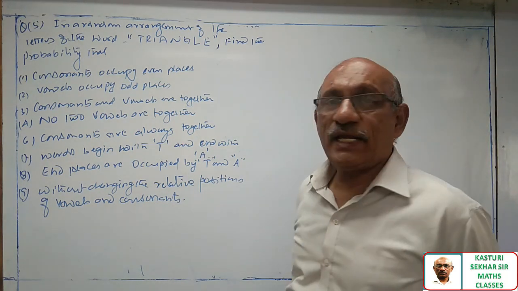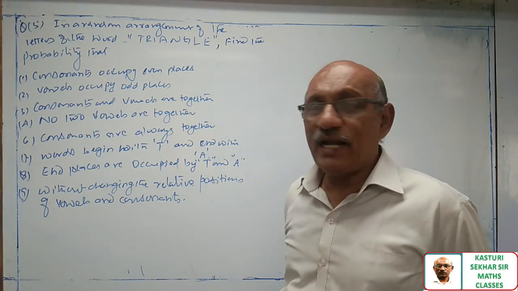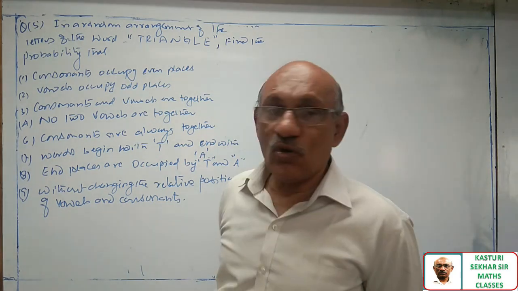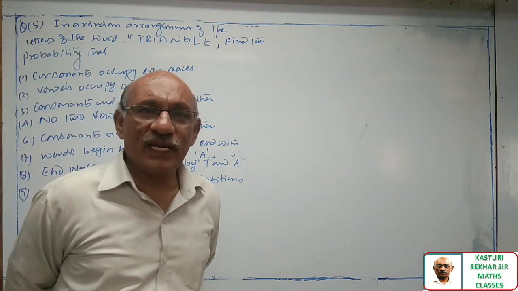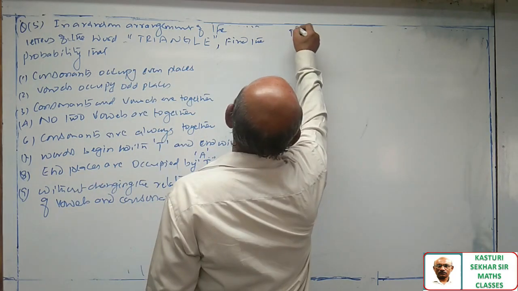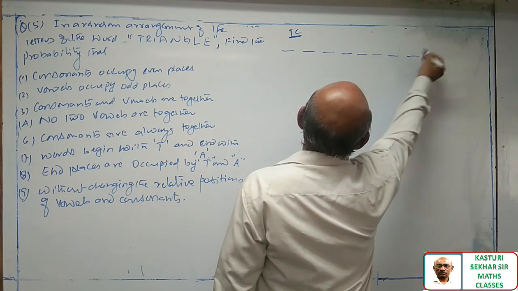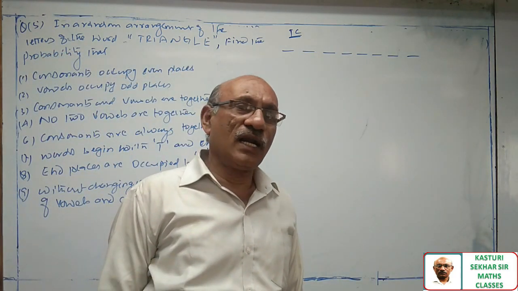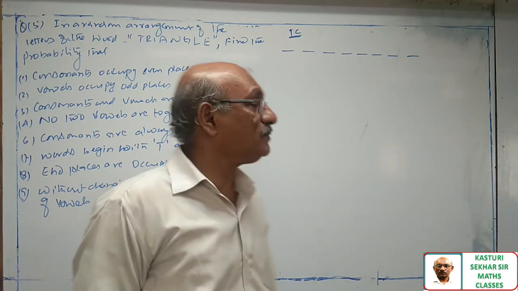So this is one more category, sir, word building problems. The given word is triangle and here there is no letter repeated. So it is word building without repetition. For these type of problems, first we have to calculate the total number of cases. 1, 2, 3, 4, 5, 6, 7, 8. Triangle is having 8 letters. Therefore, 8 places are required.